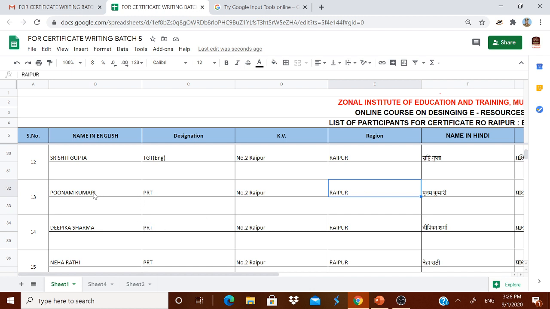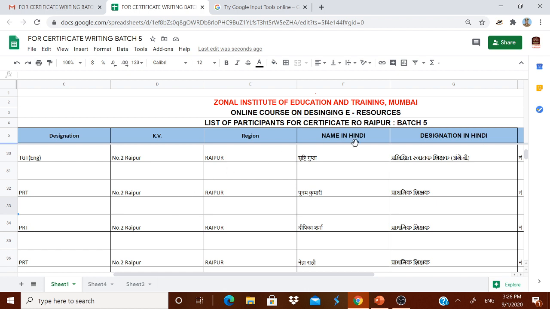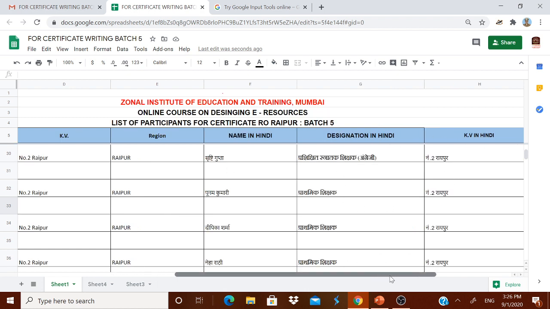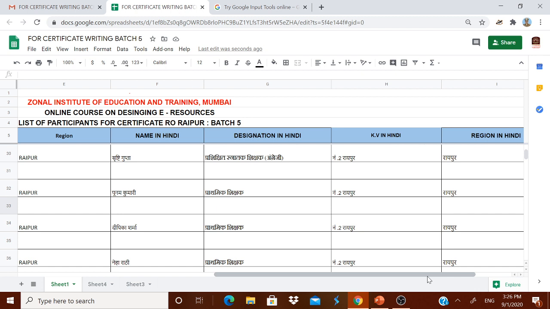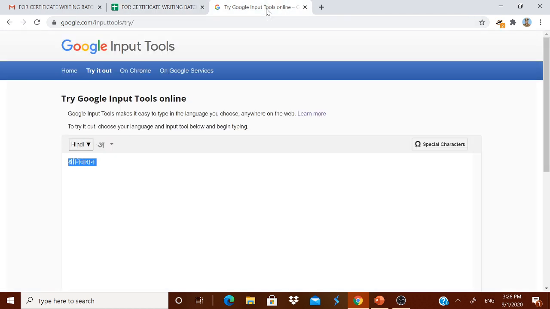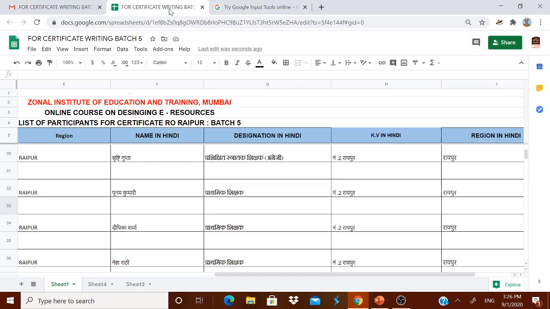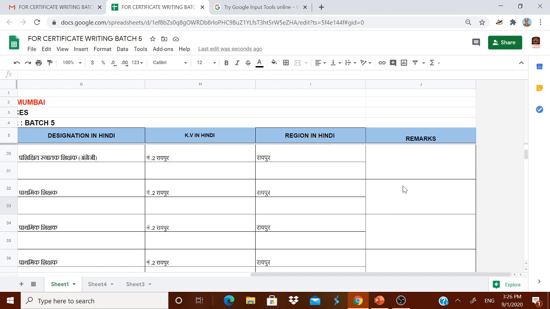If there is any spelling change in your name, please type it below in the row left for that and change the font color to red. If there is no change, simply put one hyphen. Similarly, check the names and other particulars in Hindi also. For Hindi, you can use Unicode to type it, or go to the Google input tool, select Hindi, type it and select the correct spelling. Then after all your changes are made, please type checked in the remarks column.